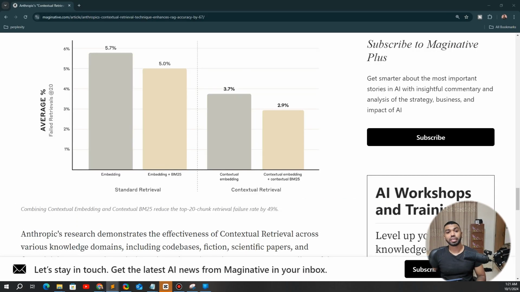So as you have seen, contextual retrieval is a significant leap forward in AI's ability to understand and use information. It's not just an incremental improvement, it's a fundamental shift in how AI systems process and retrieve knowledge. Now, this technology has the potential to improve everything from chatbots to virtual assistants to research tools and data analysis systems. The possibilities are truly exciting. But remember, as impressive as this technology is, it's still a tool. It's up to us to use it responsibly and creatively to solve real-world problems and push the boundaries of what's